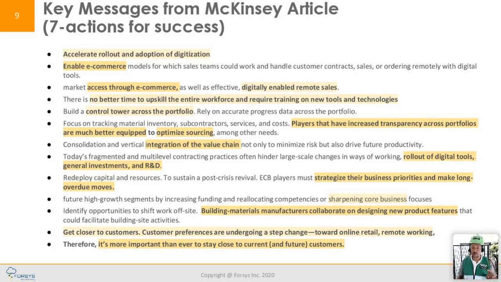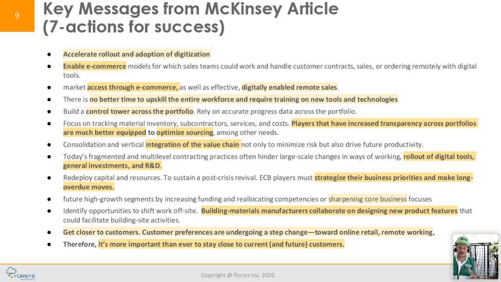If your business is startup or if your business is mature and you're doing digital e-commerce today, there is an opportunity for us to really improve our processes in between, and we'll talk about that in the middle office context. There's no better time to upskill the entire workforce. People are willing to change, they're willing to do some things. If you have a business that is resistant to making technology changes, this is an opportunity to do this in a way that really enables your employees and your customers to behave in a different way. So don't ignore that. This is a change management opportunity.